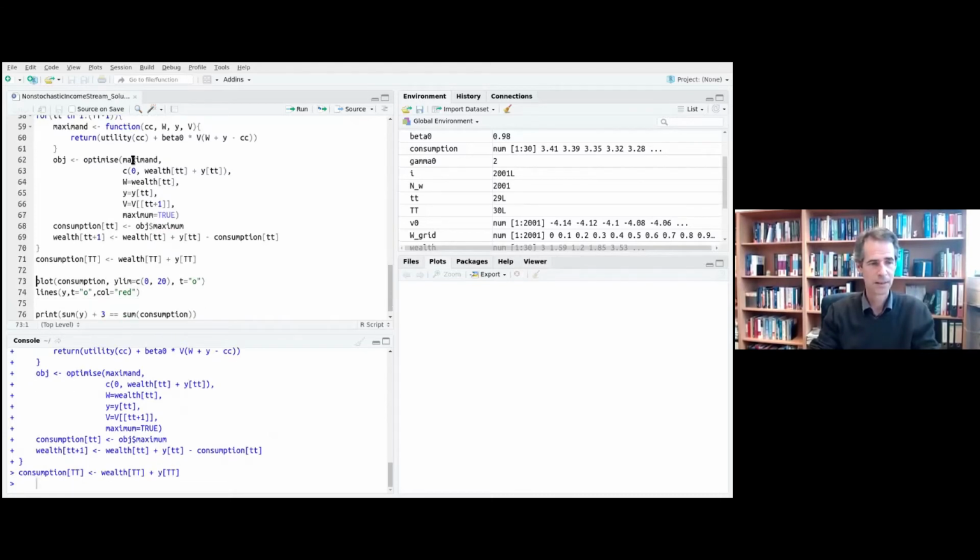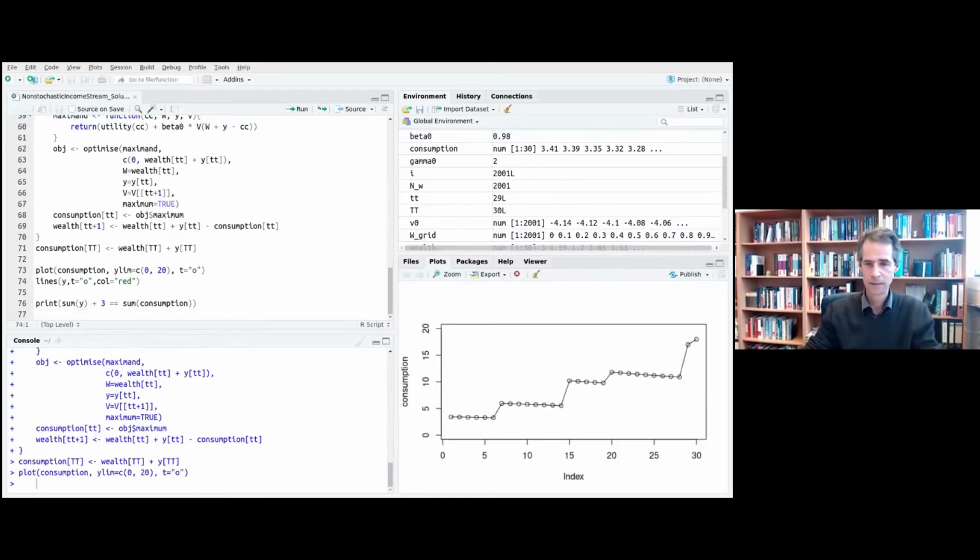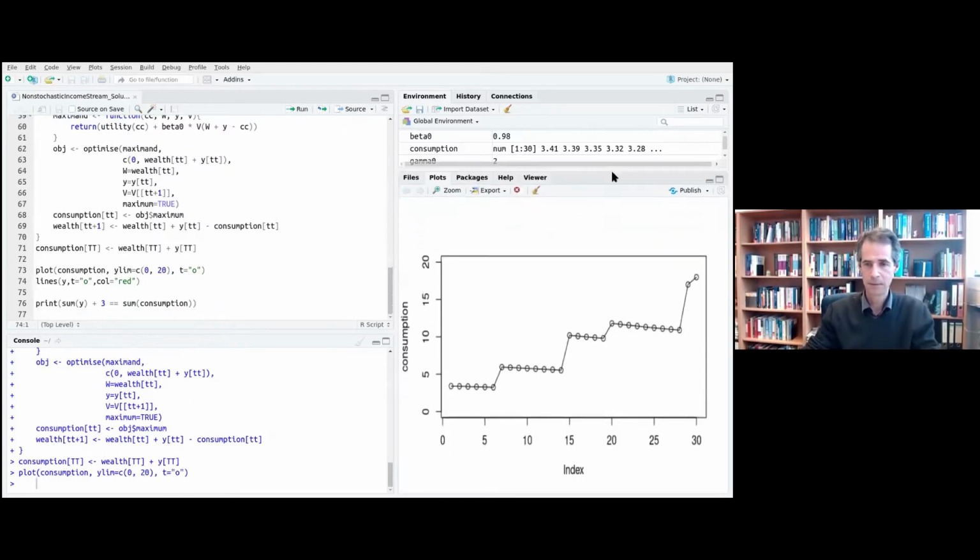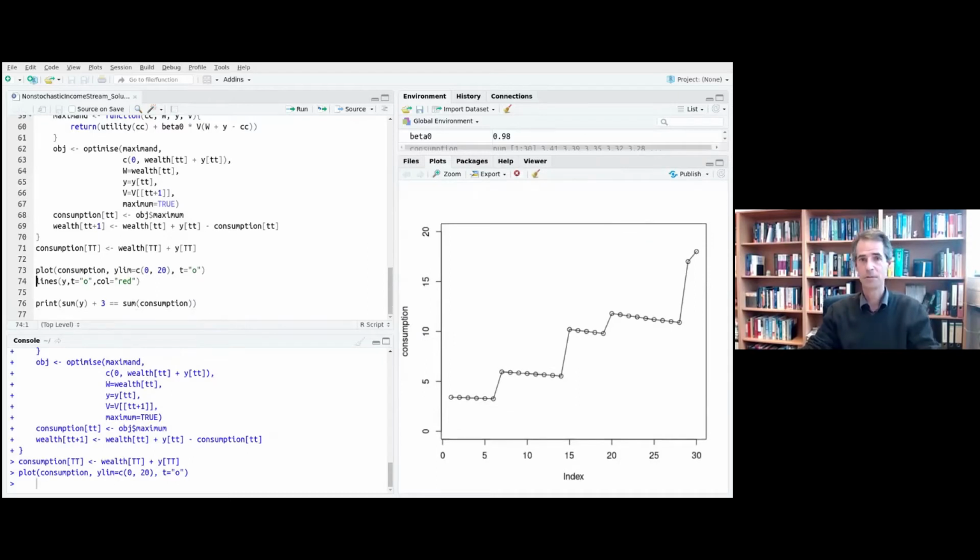And how does the consumption path look like? It looks like this. So this is the outcome of what you have done on Tuesday. Not all of you have seen this consumption path yet, and it's complicated. It's roughly constant, slightly downward sloping at the beginning. Then there's a jump, again slightly downward, jump again, and a couple of jumps again. How come it looks like this?